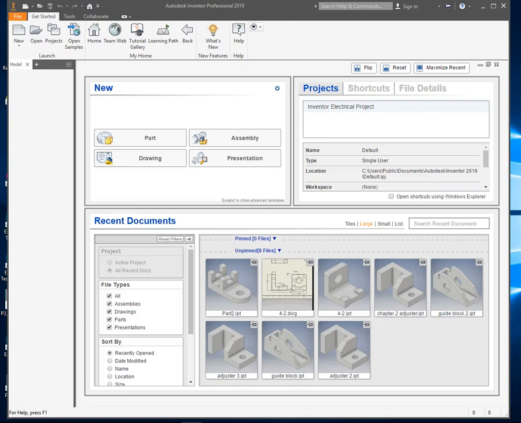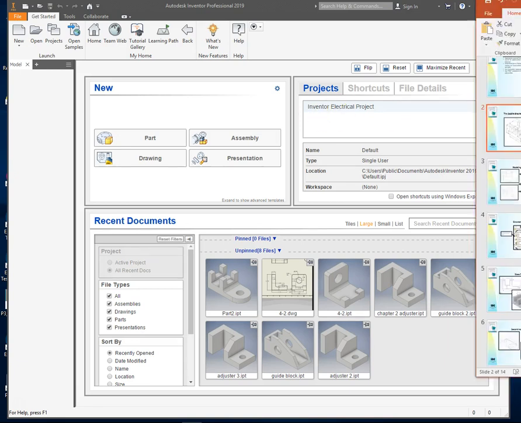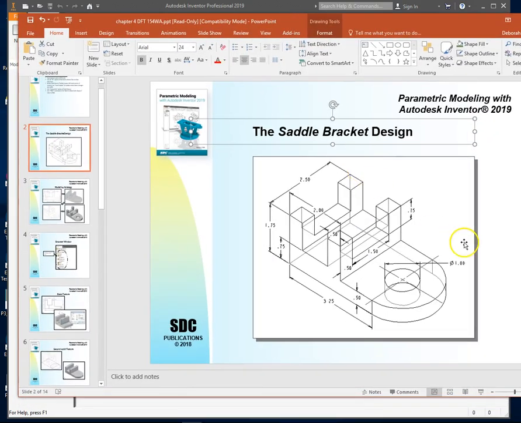Okay, I'm ready to get started with chapter 4, and we're going to draw, move my screen over there, we're going to draw a saddle bracket. See the dimensions are shown. I'm going to start out with the first sketch. I'm going to do this shape,